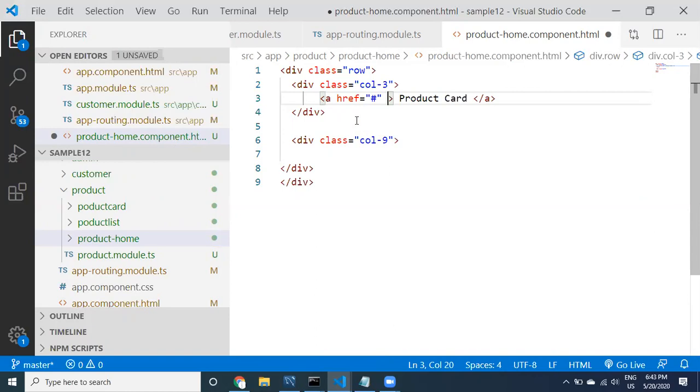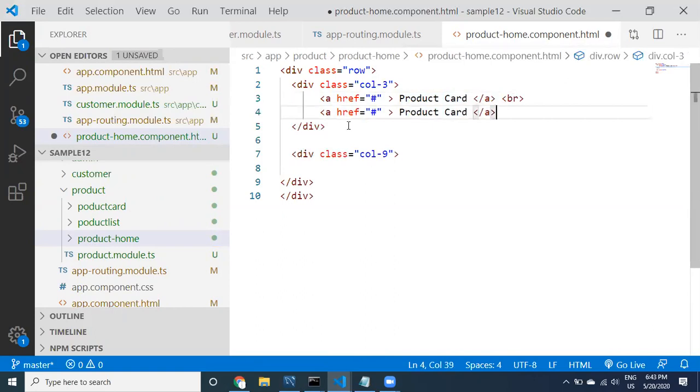I'm going to take it later in the next step, not right now. Let us take a BR break in the same column. I would like to provide another one, product list. You may take any components, not only these two.